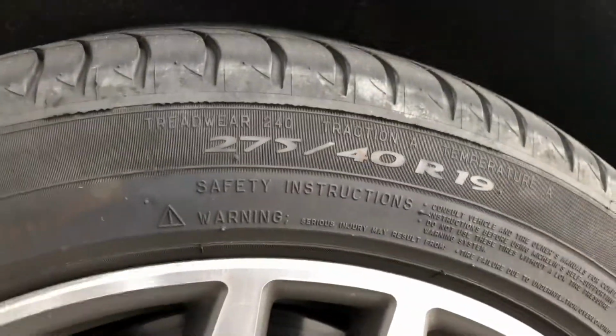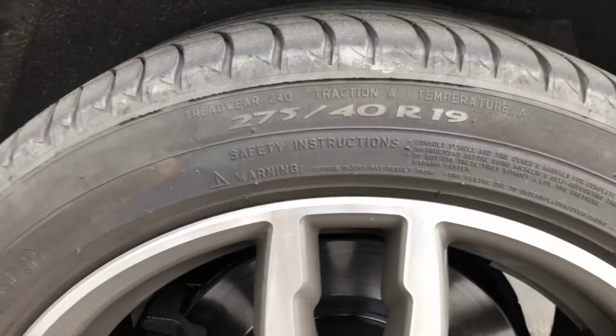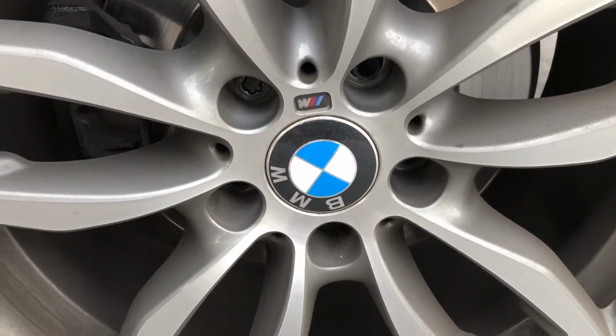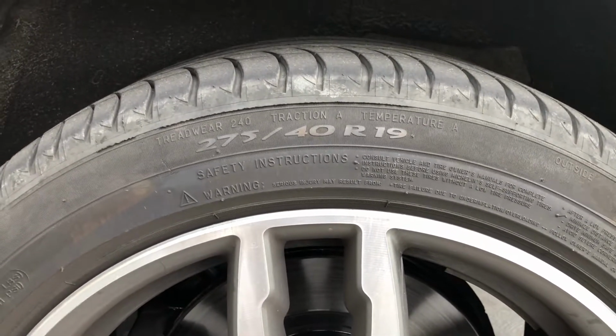Tyres. If you've got Runflat tyres on your car, you will have this down here, the RSC. That's Runflat safety, or you'll have RFT, Runflat tyre, on there somewhere. Now, cars have switched over to these because it means a huge saving in weight. Particularly BMW has swapped over and are no longer providing a spare tyre, but they also don't provide a jack or